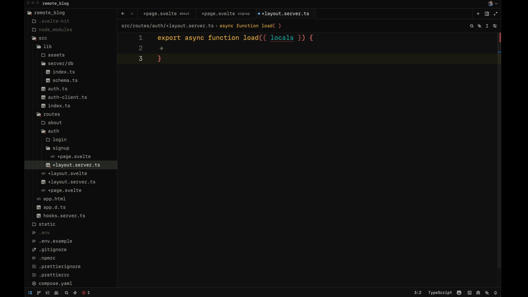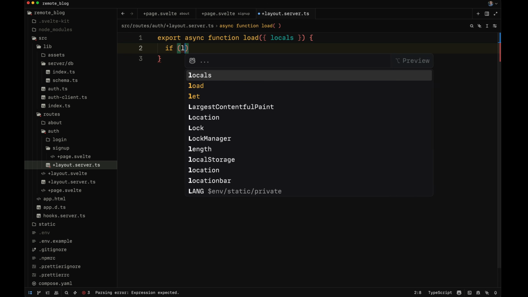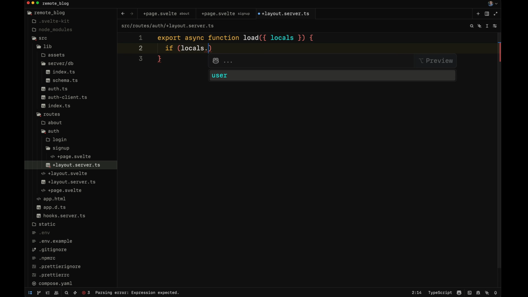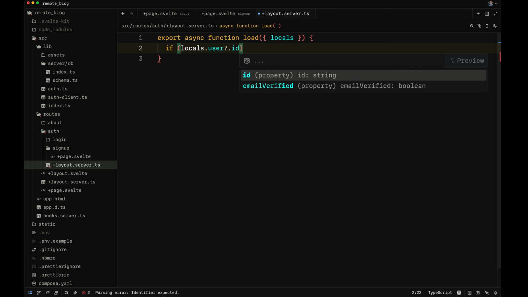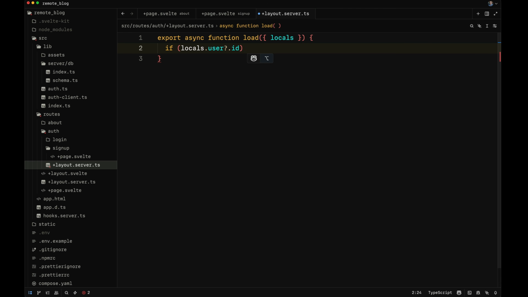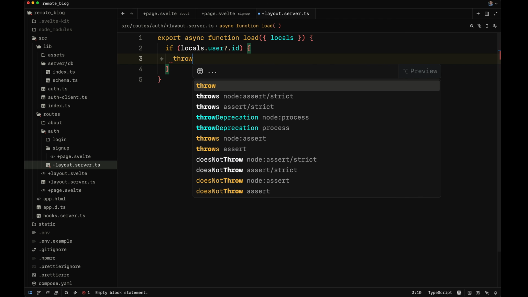It's our user information. So that's great because that means we can then step in here and say, hey, by the way, user's not logged in, let's redirect them. Or the user is logged in, let's redirect them. So to do that, we can just say if locals dot user, and then we will need optional chaining here, .id. If the user locals ID does exist and they're trying to access the /auth routes, then we're going to